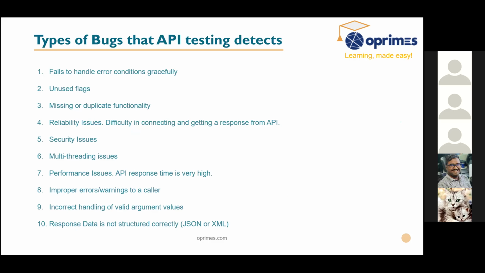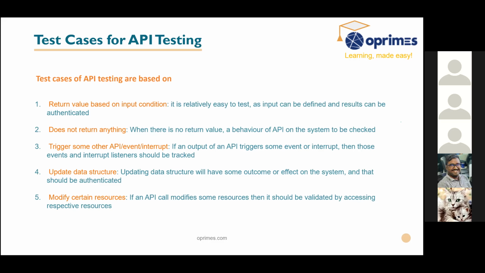Okay. Sorry to interrupt. So how did you derive these test cases? Like for UI, we have requirements and we derive test scenarios out of it, and from there we derive test cases, right? But for API, what is the starting point? Will you be having requirements? Yes, we have requirements actually.